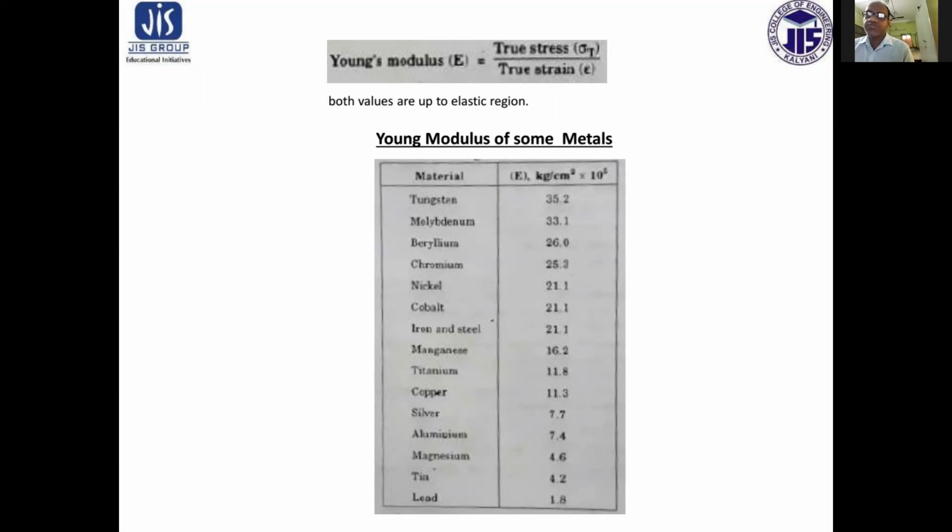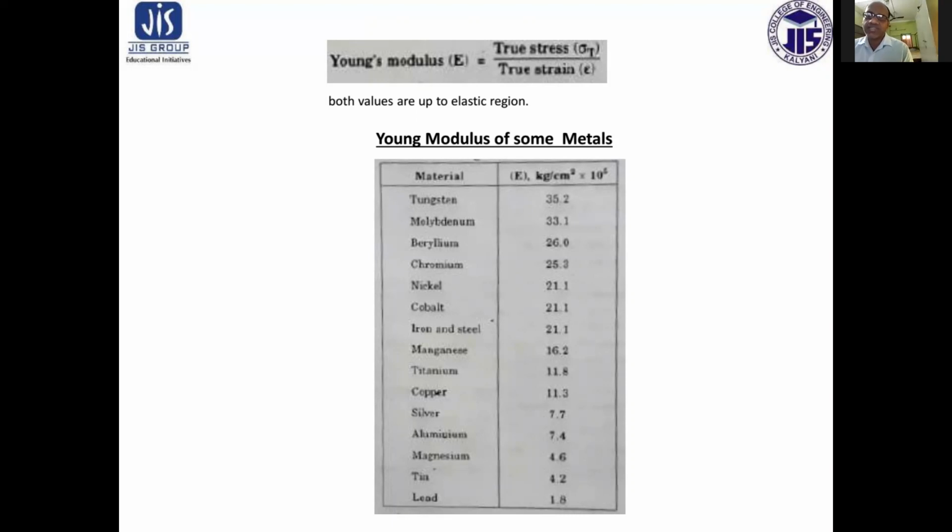Some of the Young modulus values of common materials, measured in kg per centimeter square, that is into 10 to the power 5, are given. So tungsten is 35.2 into 10 to the power 5 kg per centimeter square. Molybdenum, beryllium, chromium, nickel, cobalt, etc. are given. So it is found that tungsten has the highest modulus of elasticity, followed by molybdenum, beryllium, chromium, nickel,